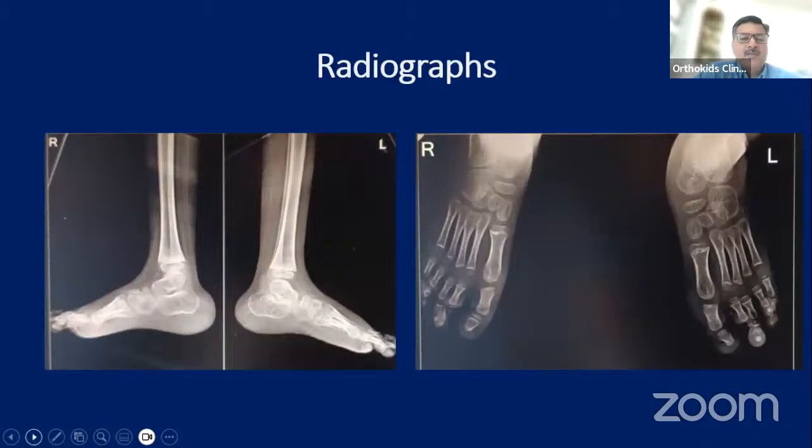So coming to tibialis anterior transfer, the purpose is you are shifting the T-band insertion from the medial cuneiform to the neck of talus, and that T-band is holding the neck of talus up, and it prevents it from falling down. So we do the same way as we do in clubfoot. We make a small tunnel through the anterior part of